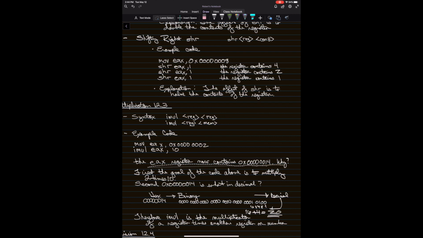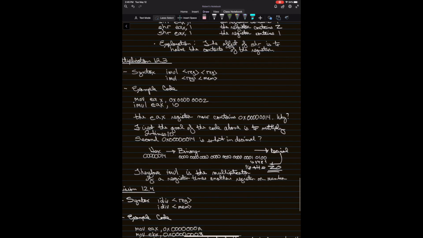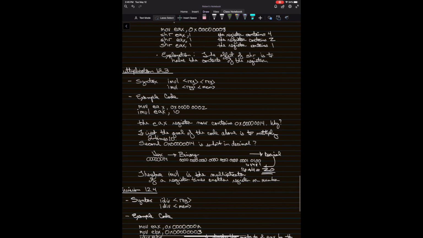00000014. Why? Well, first of all, it's important to remember that this is not a decimal number. This is a hexadecimal number, right? So you think 2 times 10, that's 20. Why is it coming up as 14? This is being represented as a hexadecimal number. So let's first of all take a look at this. So first, the goal of the above code is to multiply 2 times 10. That's really what we're trying to do. So second,